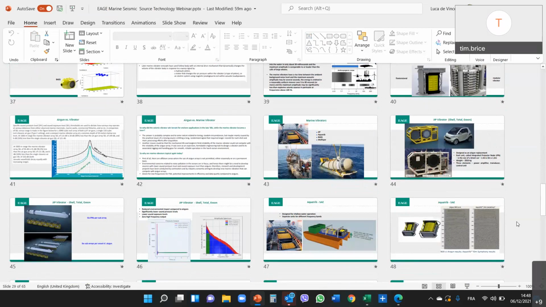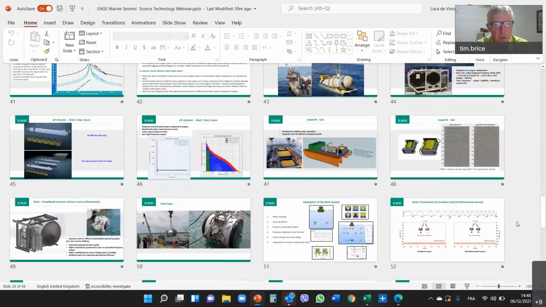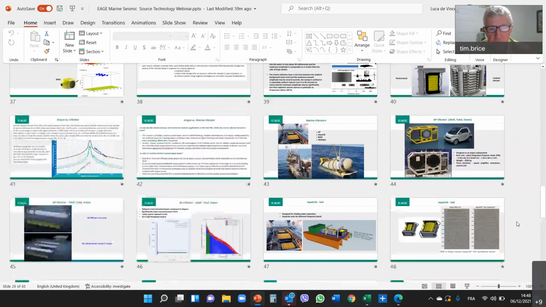I think there's a number of different ways in which we can use marine vibrators. On one of the slides I showed, we use phase encoding to have multiple units. So the plan is to use multiple simultaneous units sweeping. Now, of course, you can do that with air guns. We use different techniques to simultaneously shoot with air guns, but when you use phase, you can have a larger number of units, and your separation techniques are improved.